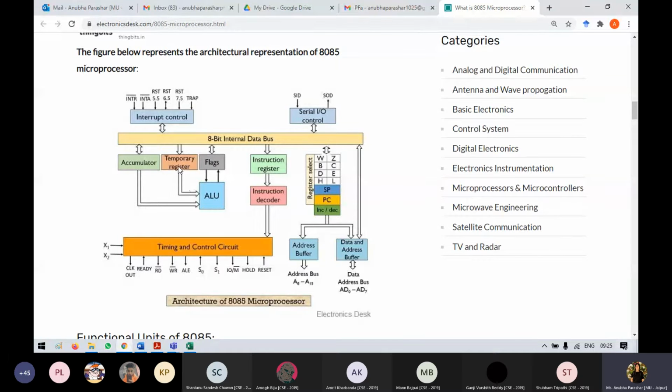The temporary register will give some of the data. The accumulator is also a memory. Here also some of the data could be stored. Flags are generally used. Let's say we say that if it is dividing by 0, you interrupt, or if there is high heat in the memory, you interrupt.